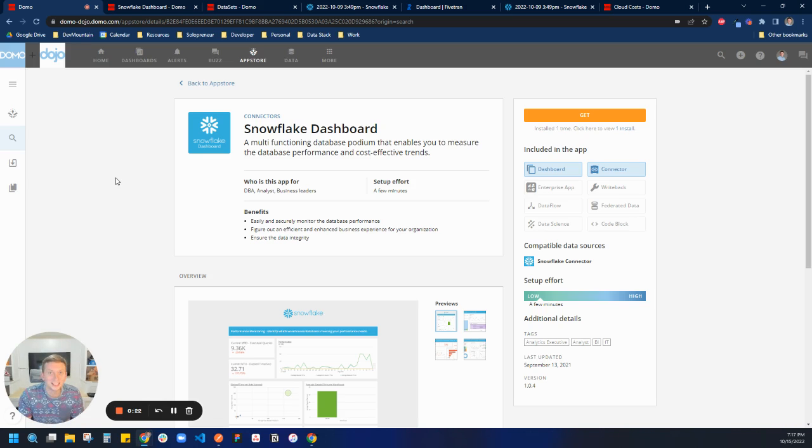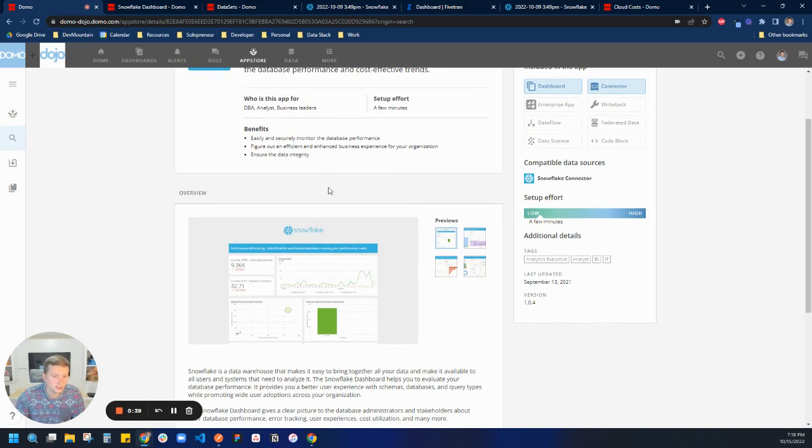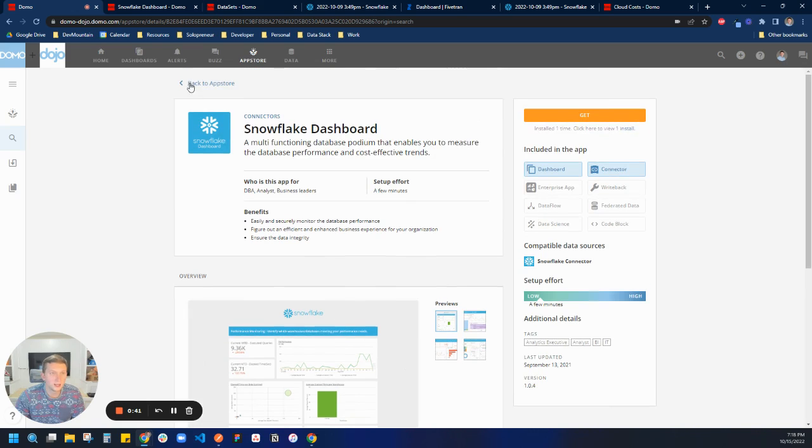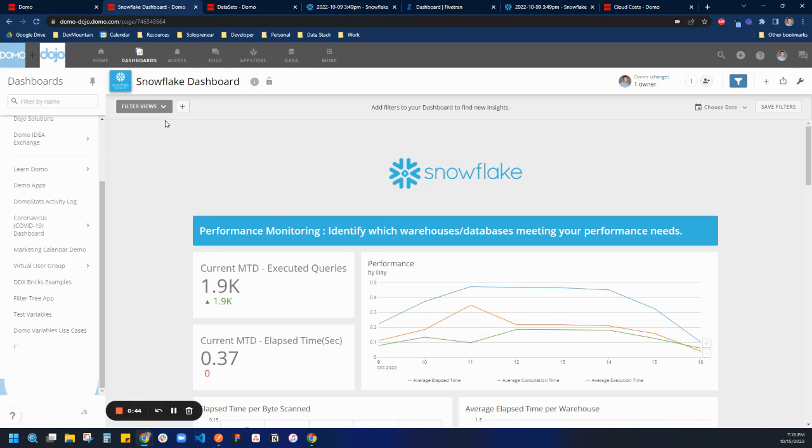Tools like Snowflake, Fivetran, the spend can get out of control because you don't know exactly what your spend is going to be like until you're fully ramped on the platform. And so something that I'd like to show today is there's this Snowflake dashboard that I really find useful that's free to download on the Domo App Store. All you'll need is just some credentials to log in. And once you do sign in, you're able to connect up your Snowflake account and quickly create this really cool